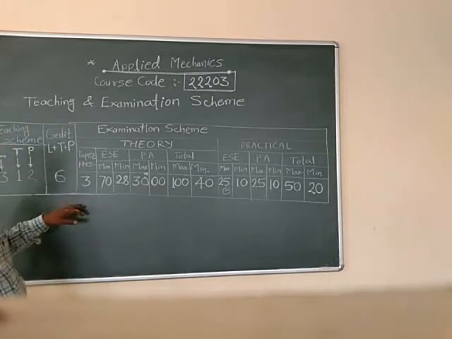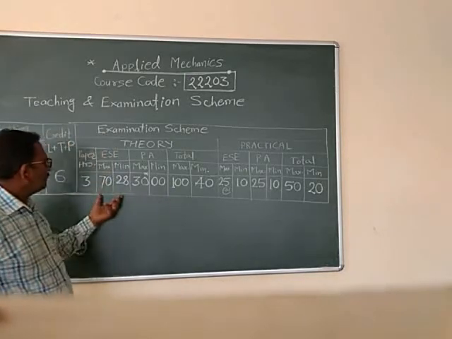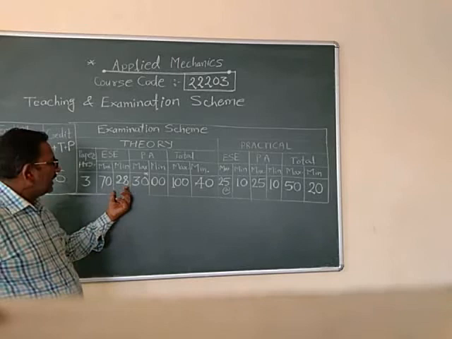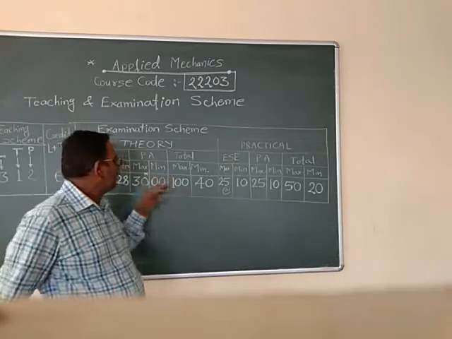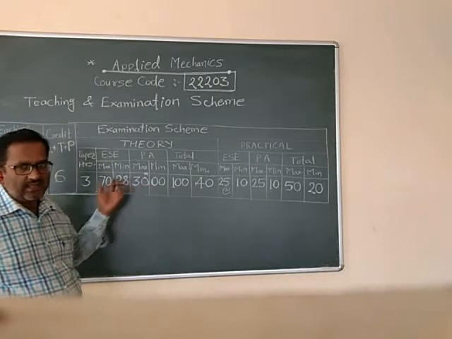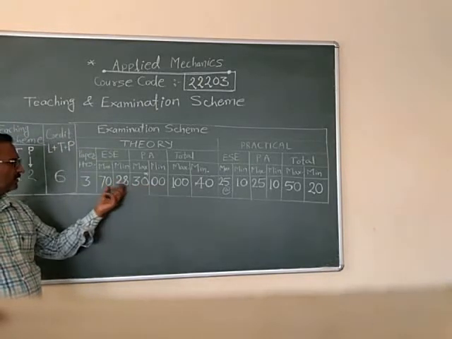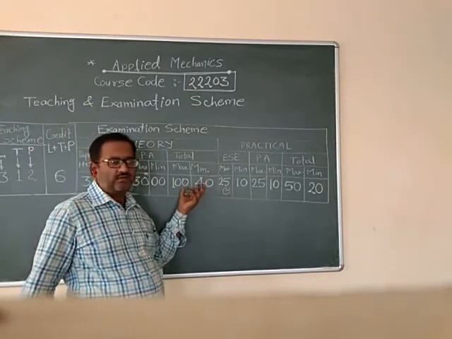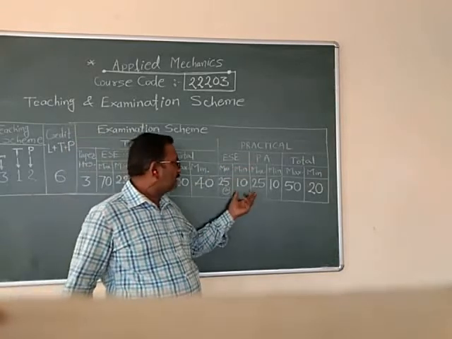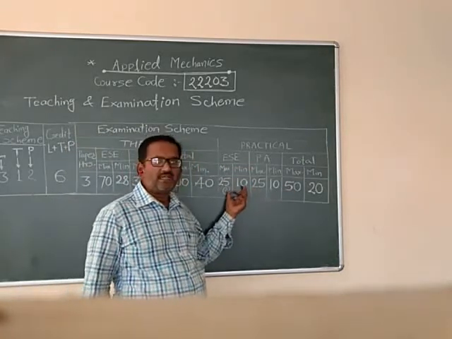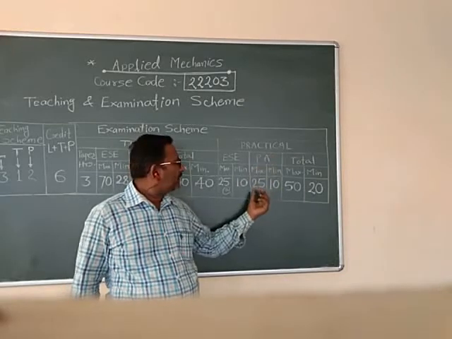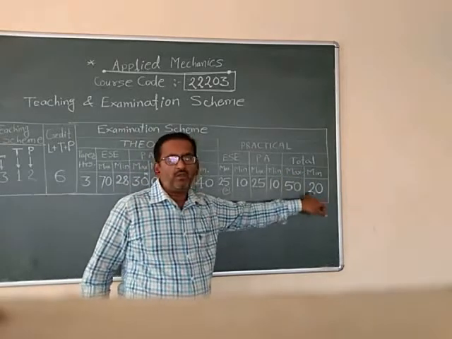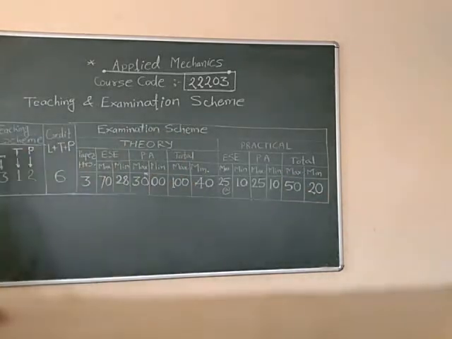We must understand that out of theory 70 marks, we have to take 28 marks and 12 marks from the class test average. That 12 marks plus this 28 becomes 40 marks. That is the minimum criteria for passing the theory paper. For the practical exam, minimum 10 marks from the internal practical exam and 10 marks from the practical assessment. So total out of 50 you have to take 20 marks. Okay?